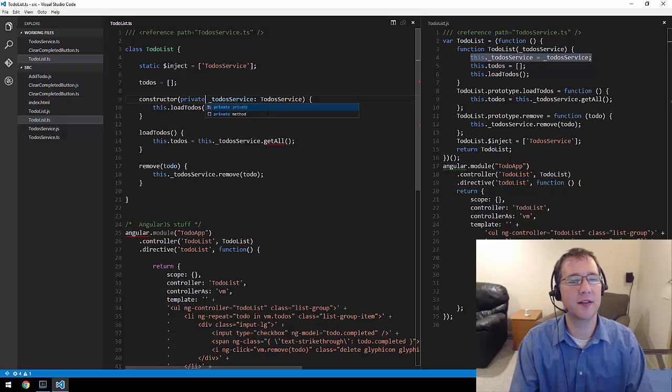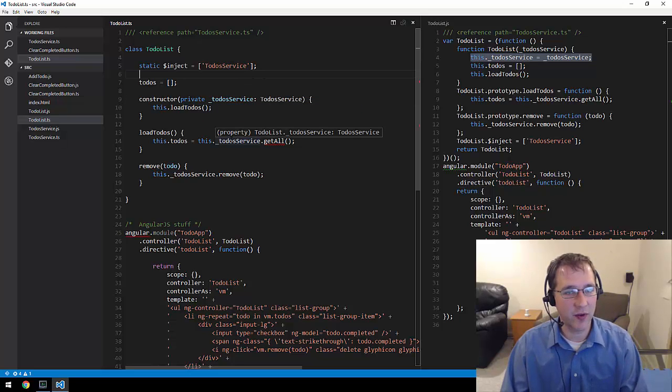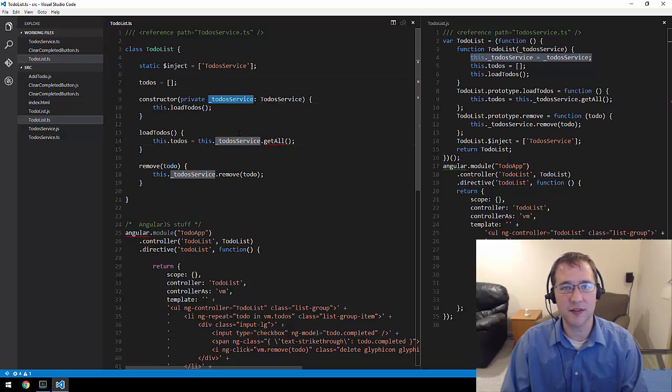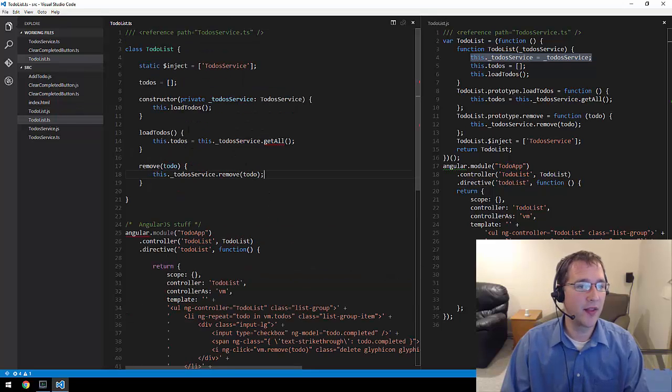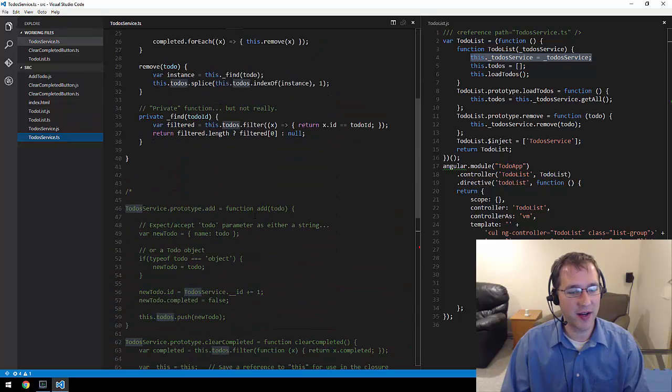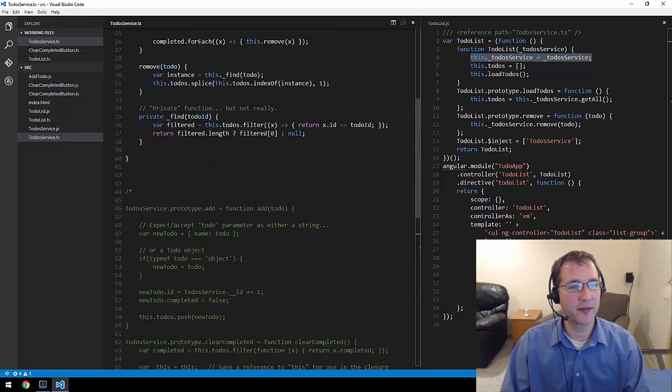So I'm going to turn that to private. And so that becomes available throughout my class. So down here we get full IntelliSense, right? So we see this.todoService refers to this underscore to do service. But right now it's saying we don't have a getAll method, because the getAll method that I just showed you is down here in our comments. So that's fine. We can copy it, paste it up here,